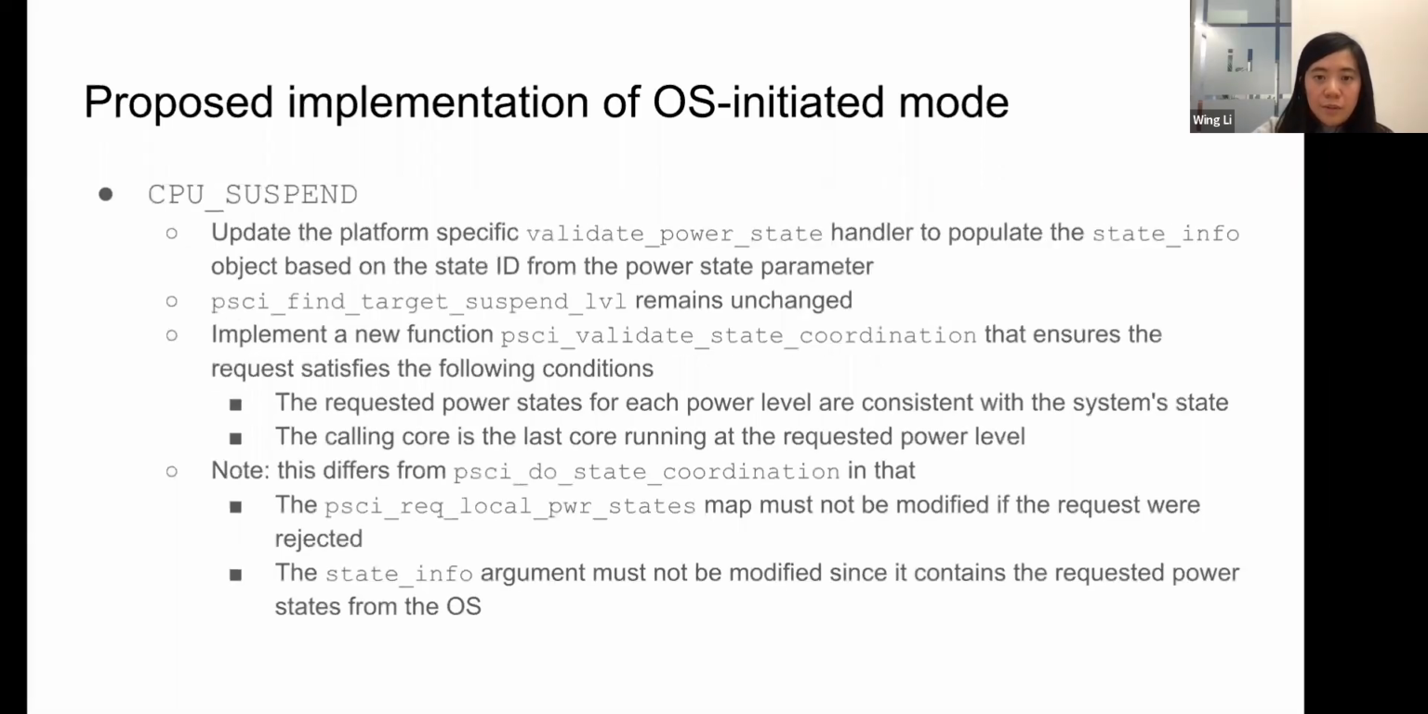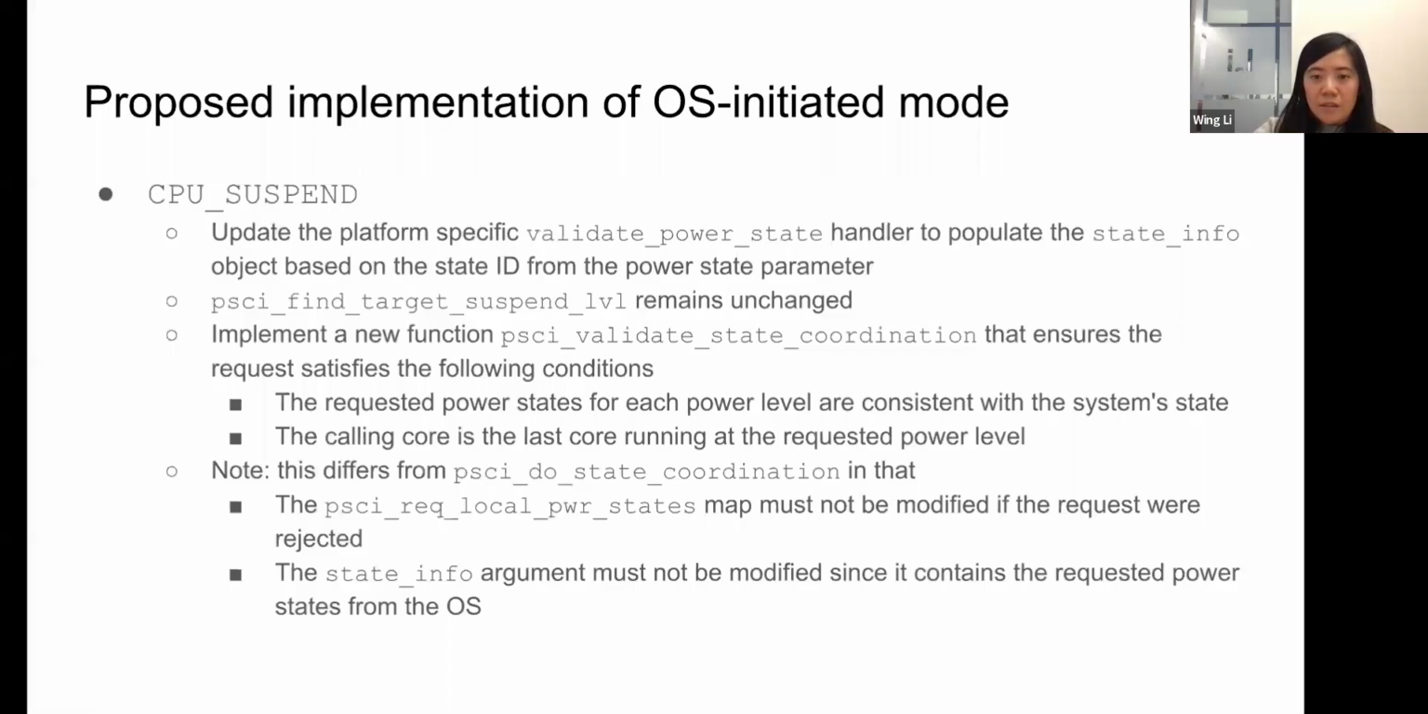So for CPU suspend, the main thing that we're doing is adding a new function called PSCI validate state coordination. It will check that the requested power states are consistent with the system state, and that the calling core is really the last core running at the requested level. This is different from PSCI do state coordination, since we're only modifying this global data structure that keeps track of all the requested states, called PSCI requested local power states,